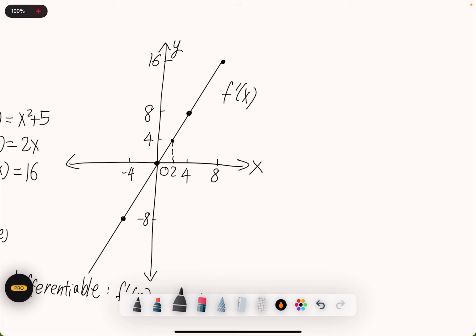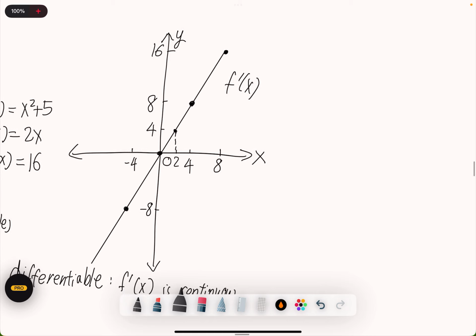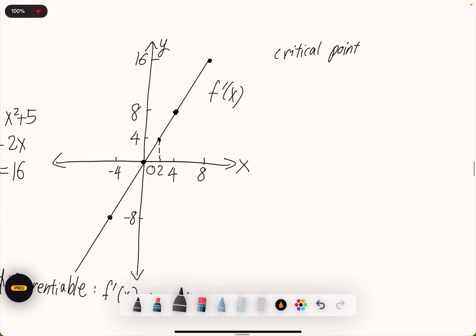So firstly, what's a critical point? A critical point is basically a point on the graph, a point x equals c,